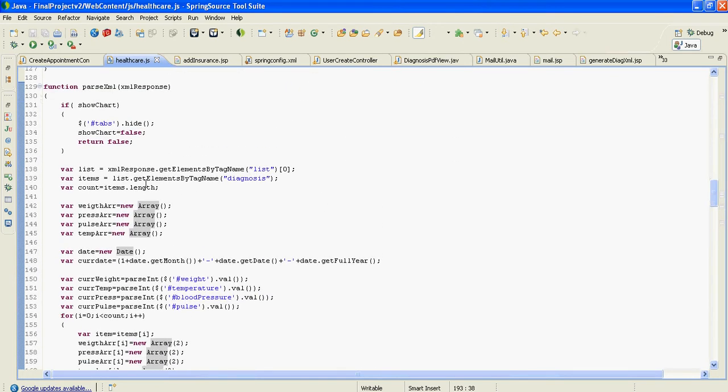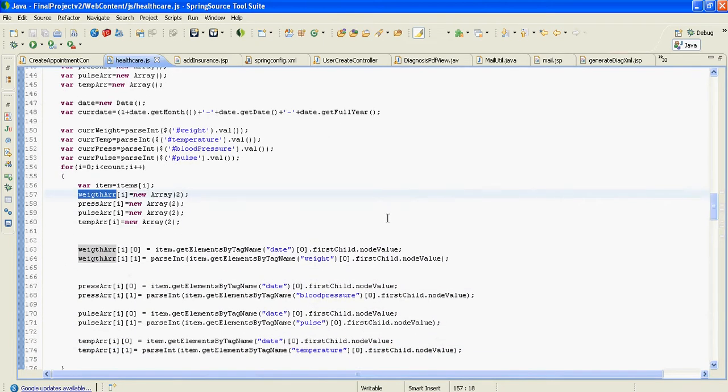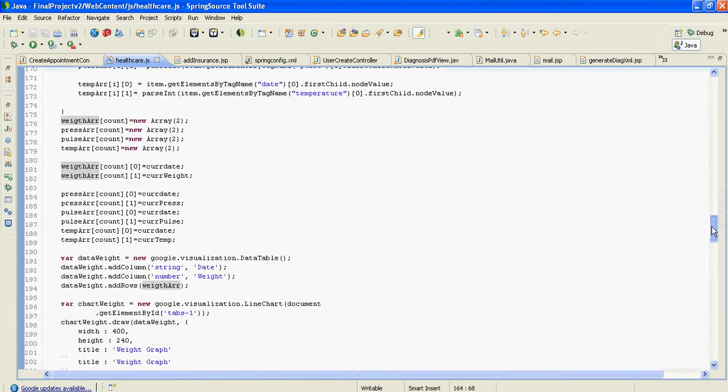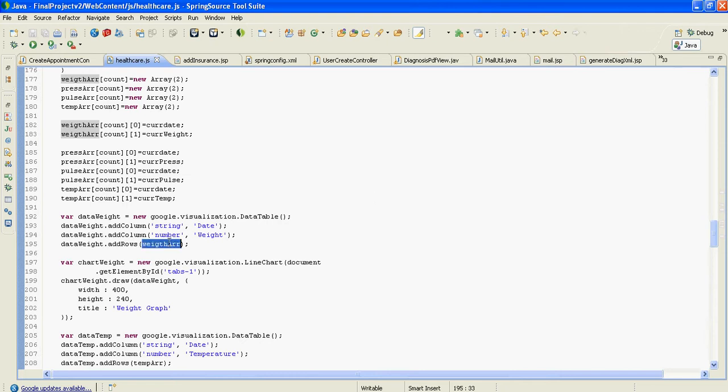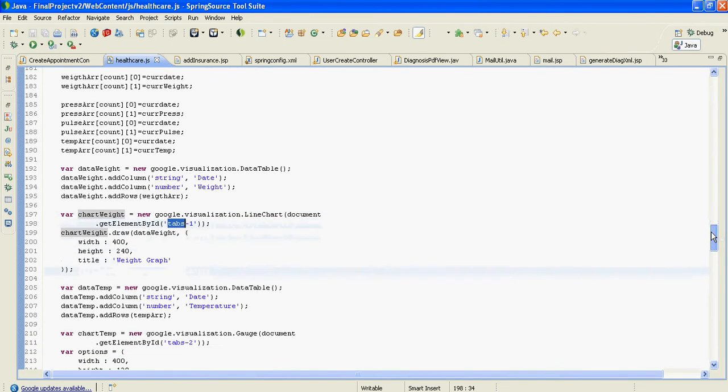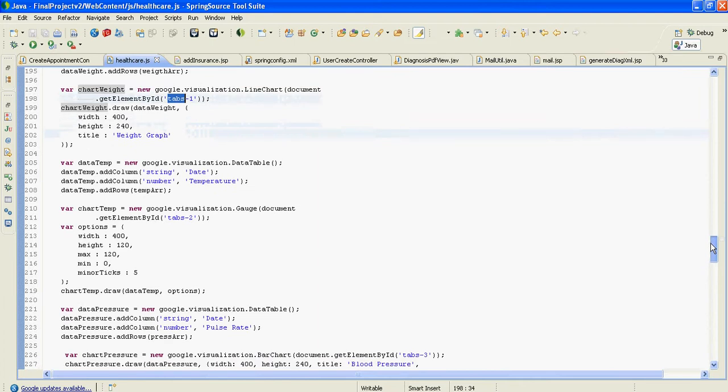So I created a weight array. Then each entry of weight I made a two-dimensional array, and each was populated with date and weight, which is obtained from the XML response generated from that JSP, and then I set it inside this method. For the chart weight, I need to pass the tab in which we need to show the response.